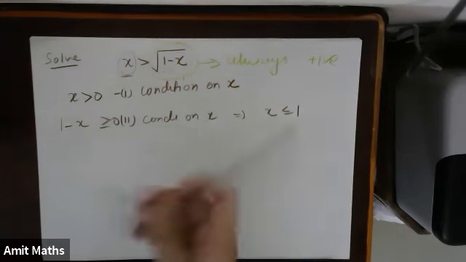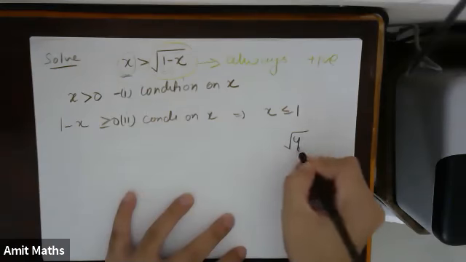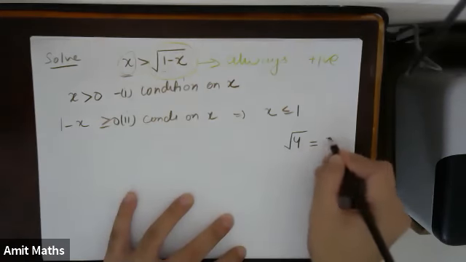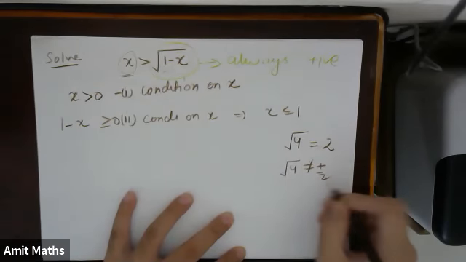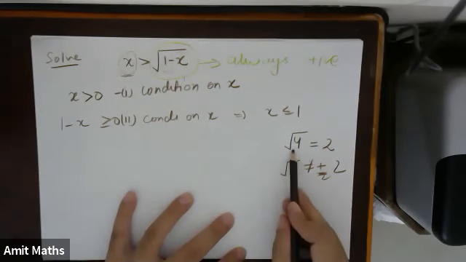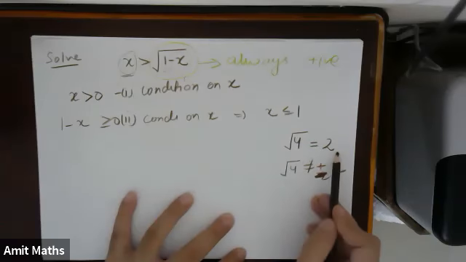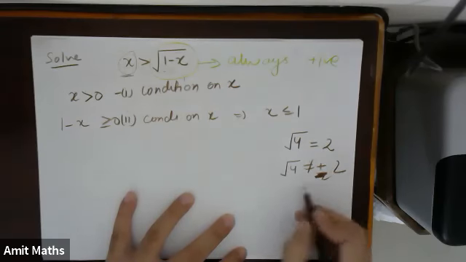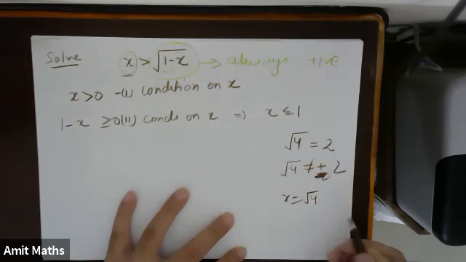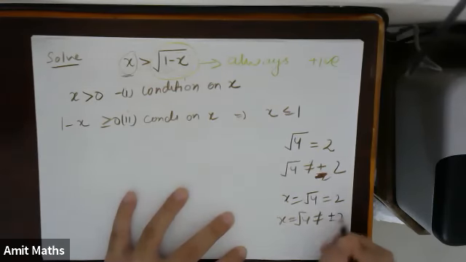So the negative of a root cannot be negative; this part is always positive. See, what is the value of the square root of 4? The square root of 4 is only 2. It is not equal to plus minus 2. Root values are always positive. Suppose you have x equals root of 4. This means x is only 2, not plus minus 2.